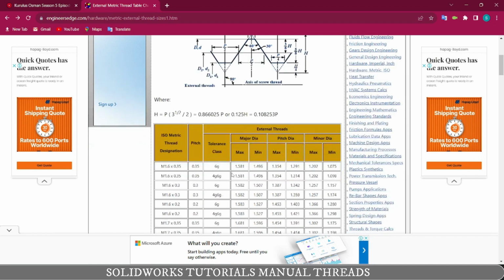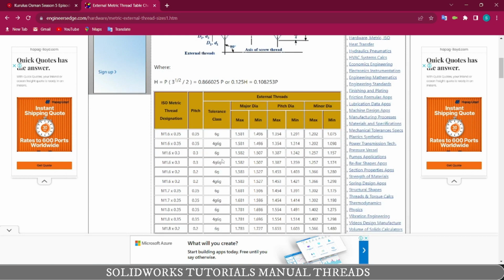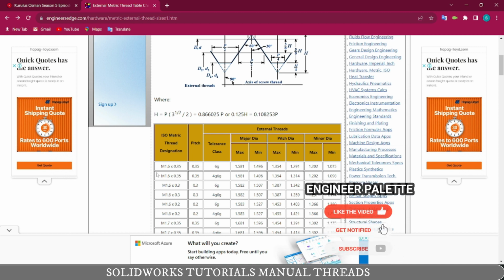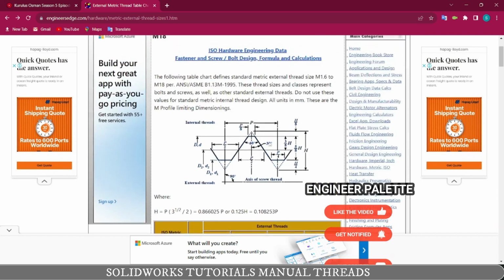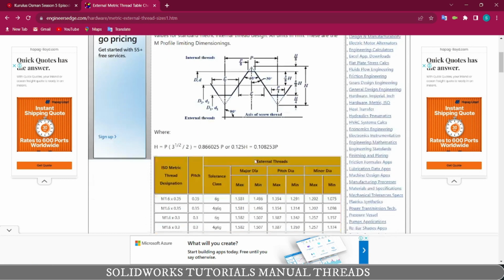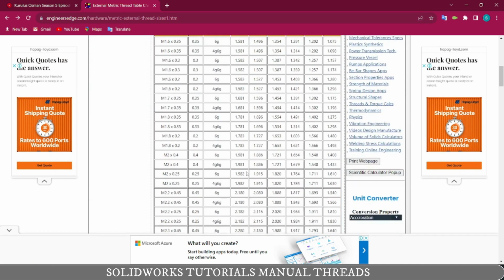And there is a tolerance class, or we can say it's a fit. Like if you want a coarse fit, or if you want a fine fit, according to that you can select your thread. If you want a fine fit, you can select according to this dimension. Okay, so these are the dimensions, and for example, if I want M10 threads, M10 and